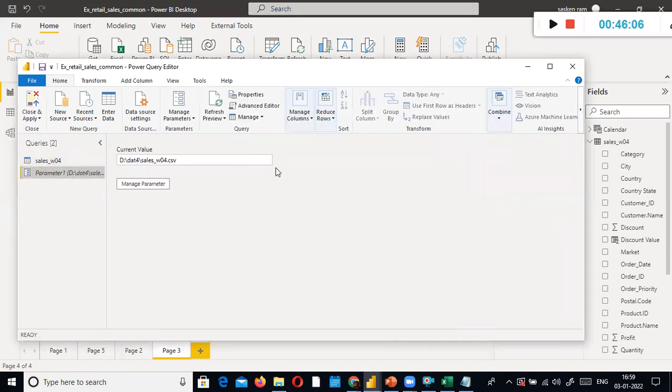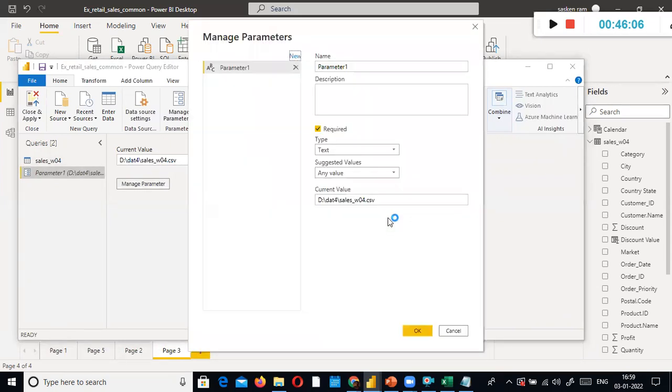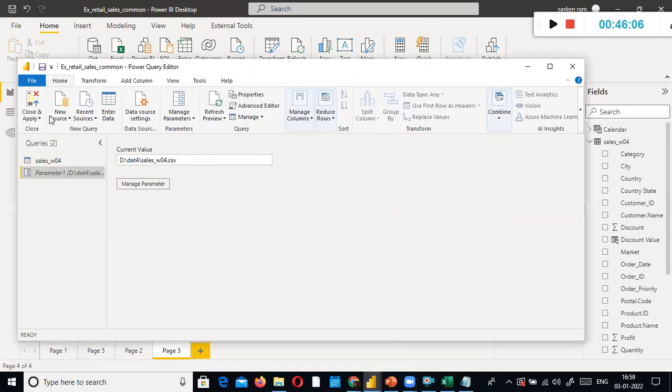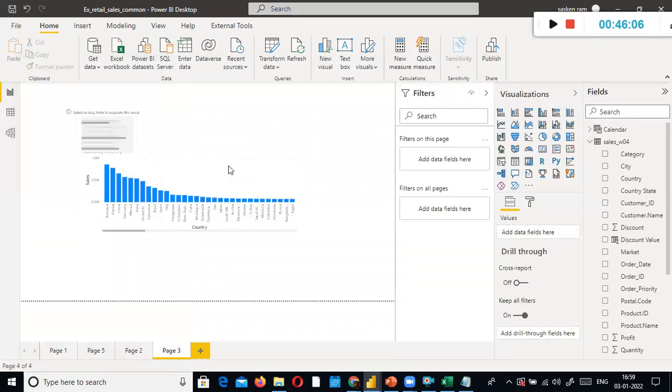So here, manage parameter. Here what I do is country. We'll take the same country example. I'm going to say United States. It takes some time to apply.